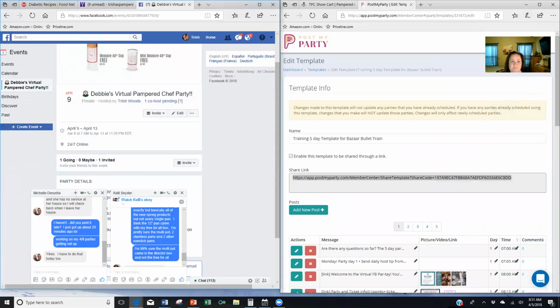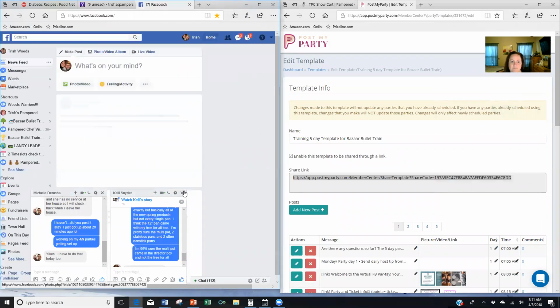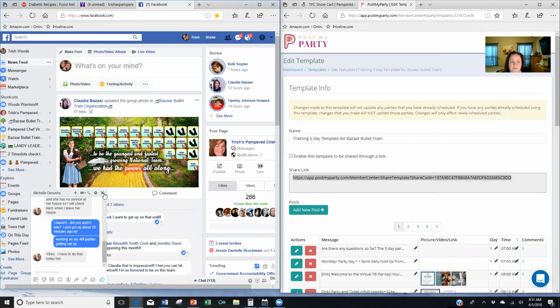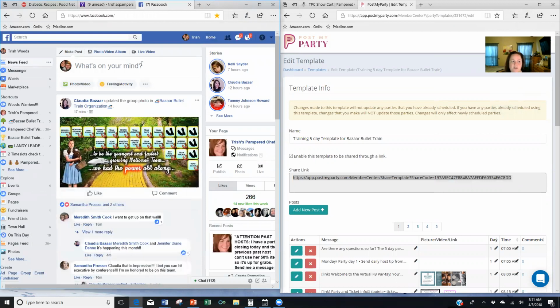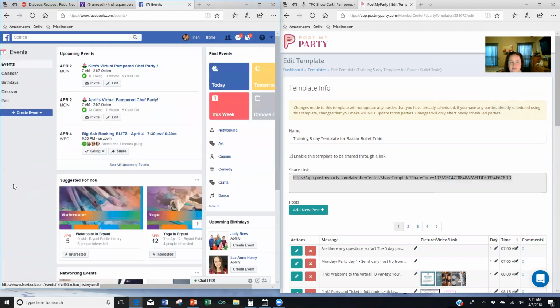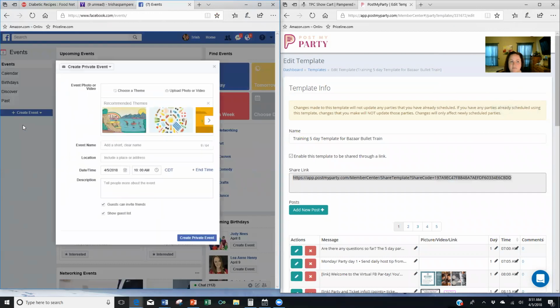I've already set up some. So the first thing you want to do, while you're on your Facebook, is go to the events. Then you're going to create a private event. And then here, where you can upload a photo, you can go in and find any cover photo you want